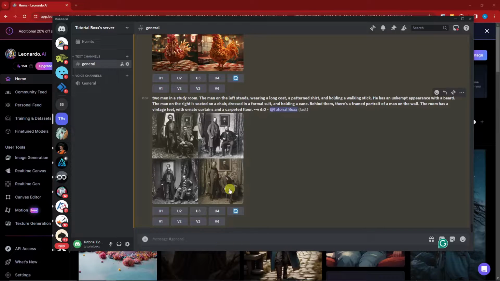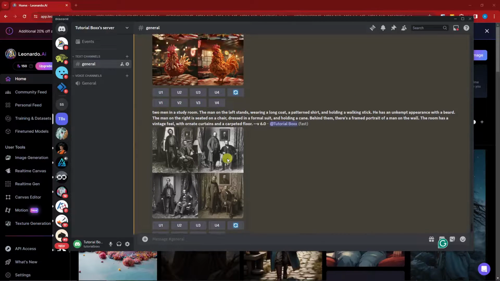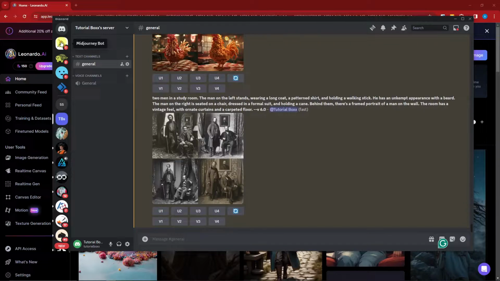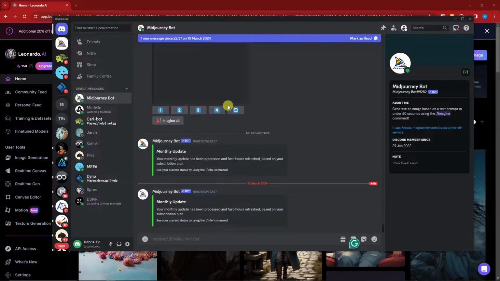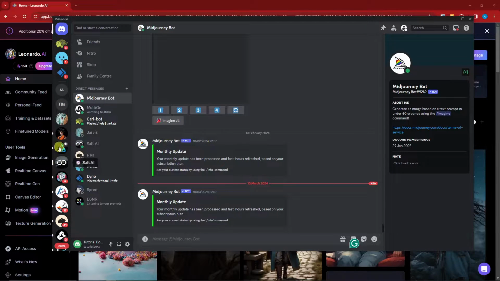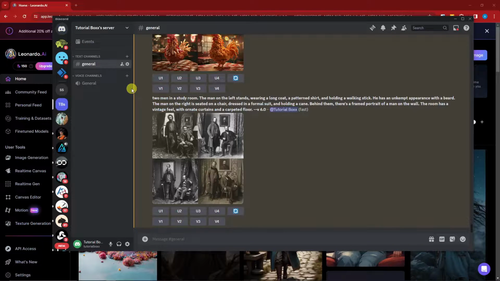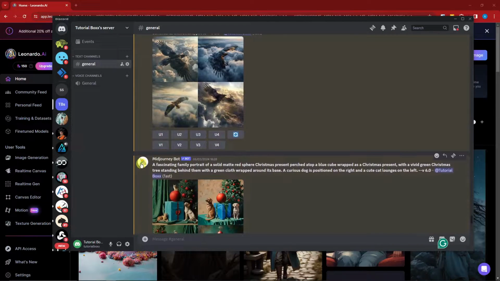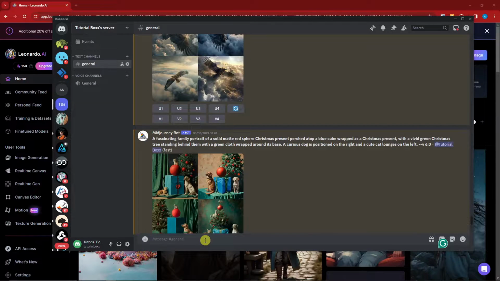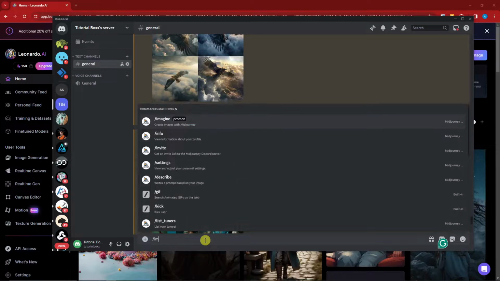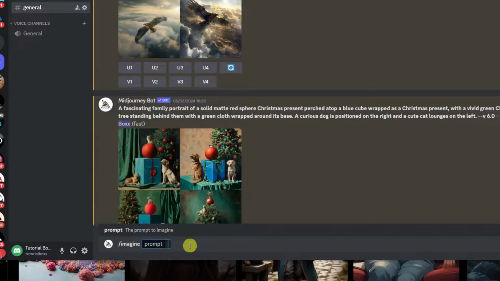And by the way, once you're inside Midjourney, it should look like this one right here. However, I am currently using my own server and I have Midjourney inside it. So please check my previous video on how to enable or insert Midjourney inside your own server. So we can just start right here, simply type in the command imagine, and then with this one, let's just